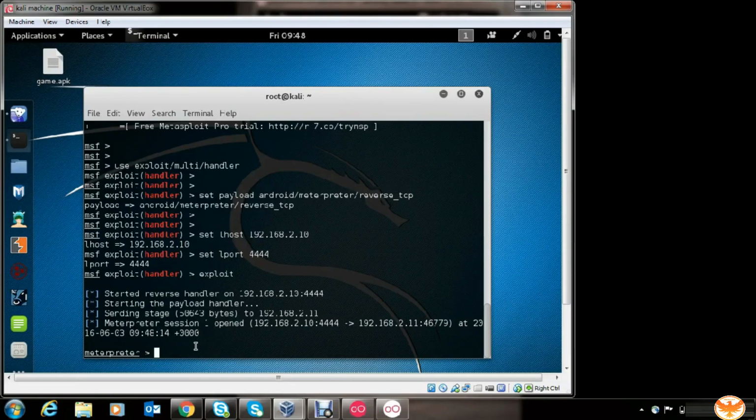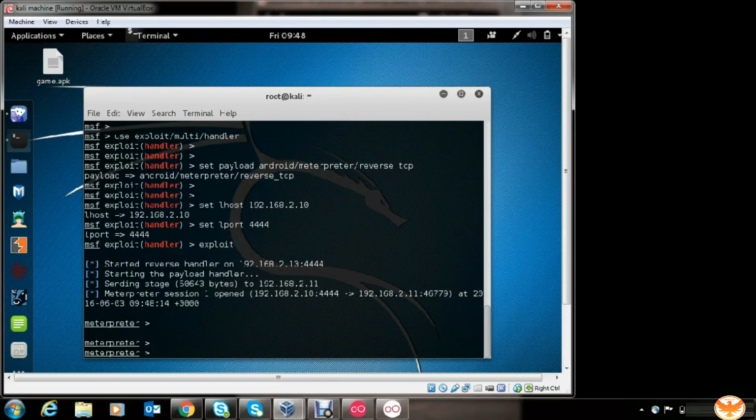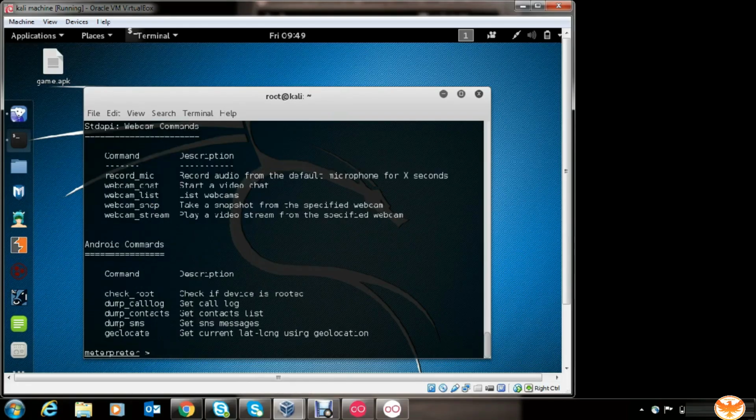Now the file has been downloaded. Let's go to the download section. We have the game.apk file. We'll install it. Next, install, and the app got installed. Now at this point, the victim would like to play the game or open the app. So the moment he'll open the app,